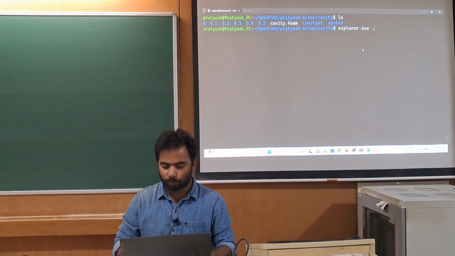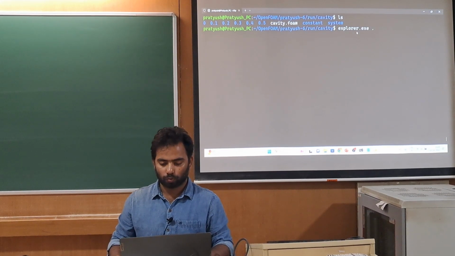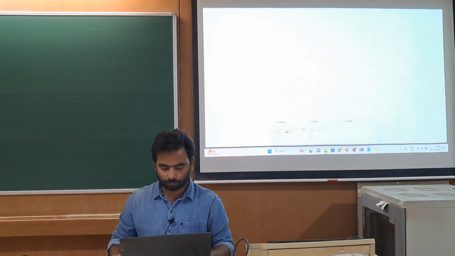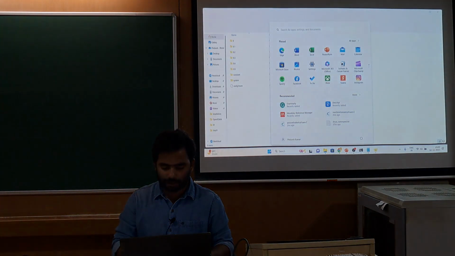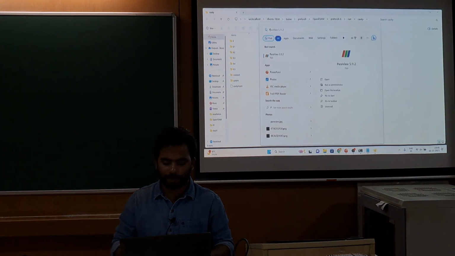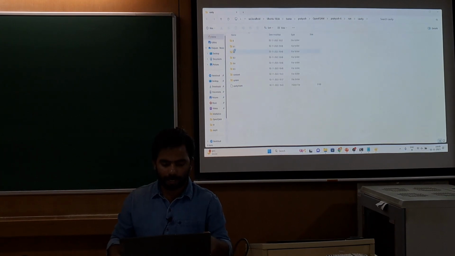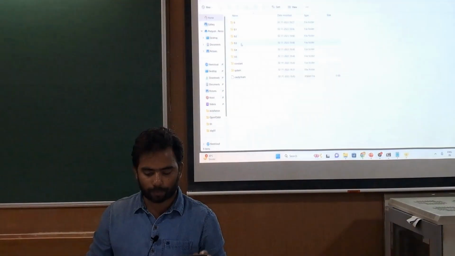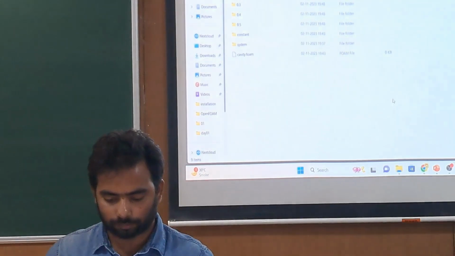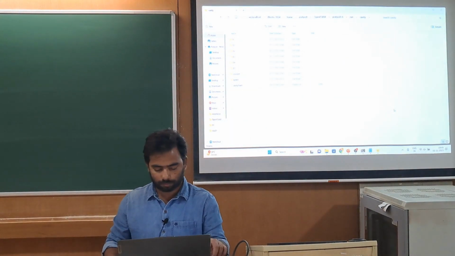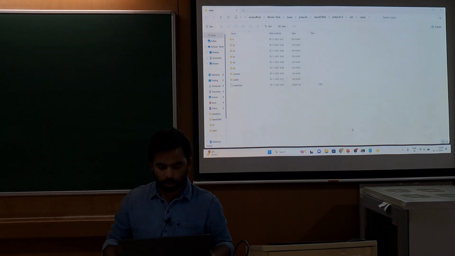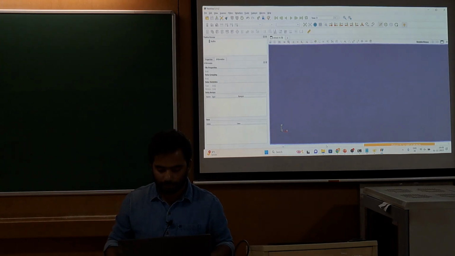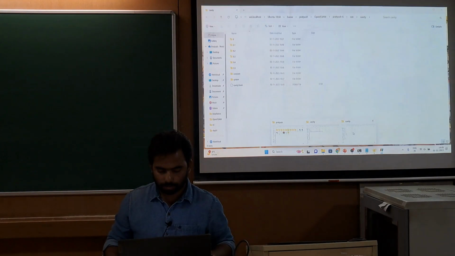Now we can visualize the result that we have simulated in ParaView. And we are going to see the result of 0.1 time step, 0.2 time step, 0.3 time step. Don't worry, I am also going to explain every folder, the 0 folder, constant folder, system folder, just after this simulation.